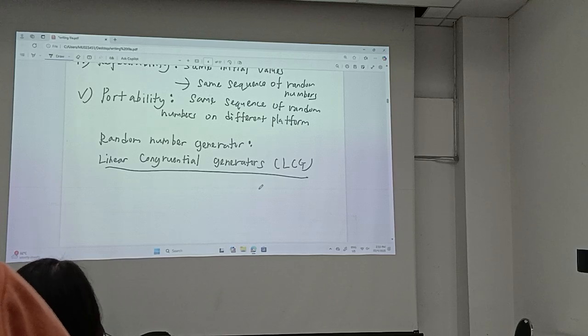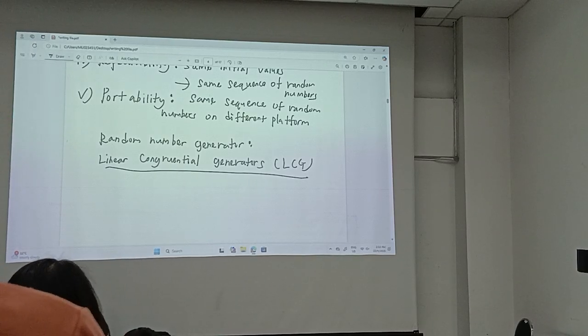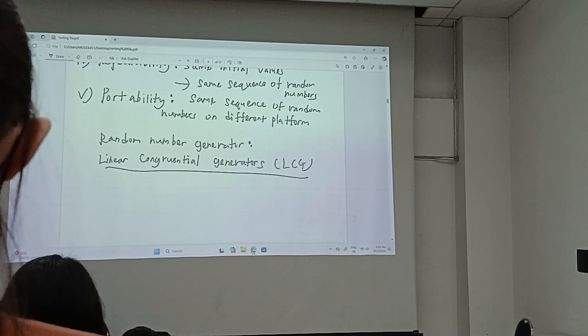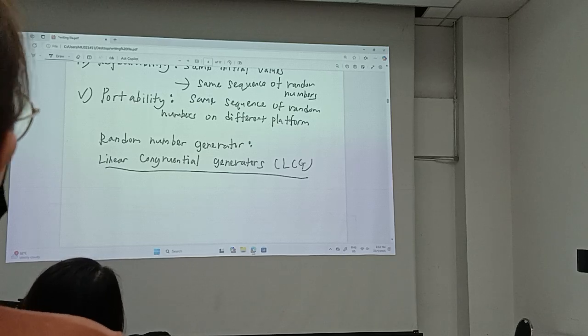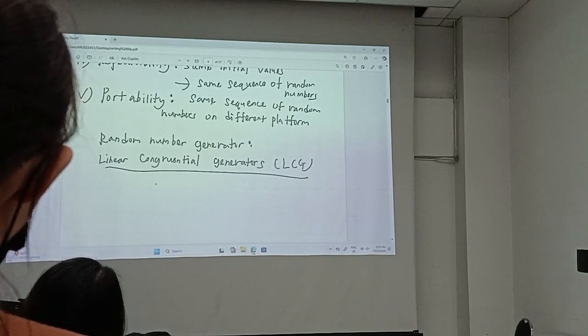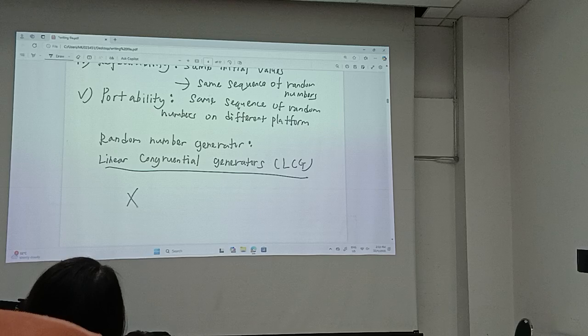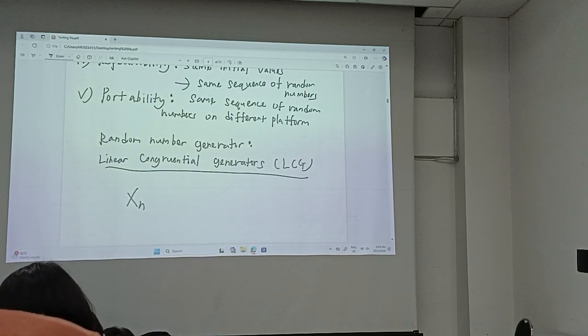So this LCG, I think Python is using this LCG to generate random numbers. For every random number generator, there is one deterministic algorithm. Basically, it's a mathematical function. So the function for this linear congruential generator is this one,